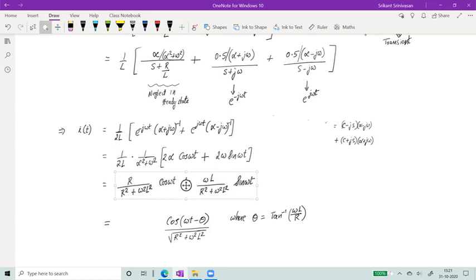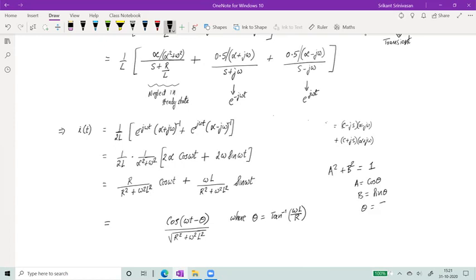If you want to take it one step further, you could have simplified the expression by noting that the denominators are common on both sides, R square plus omega L square, and the numerators are individual factors of the denominator. And you know the basic expression that if I have any function of the form a square plus b square is equal to 1, then I can always write a is equal to cos theta, b is sin theta, and theta is equal to what?